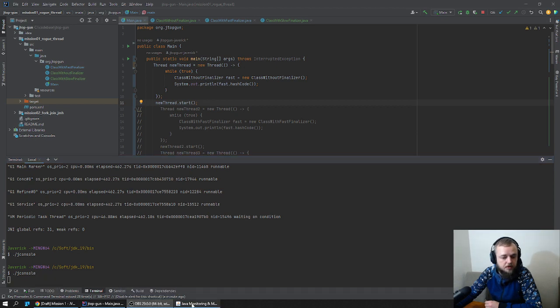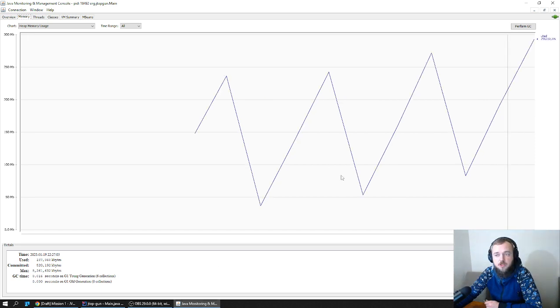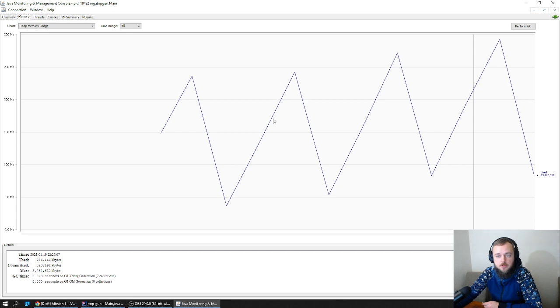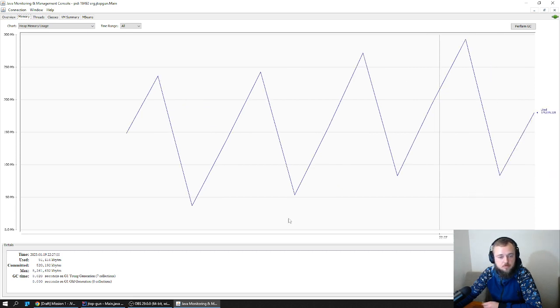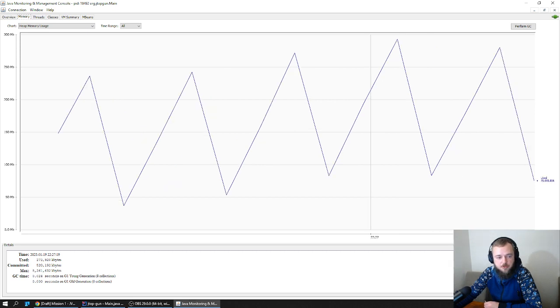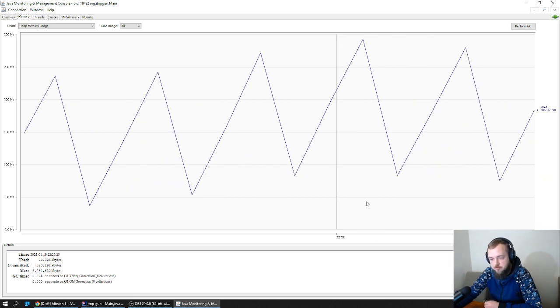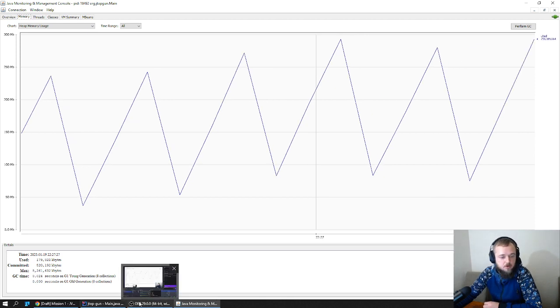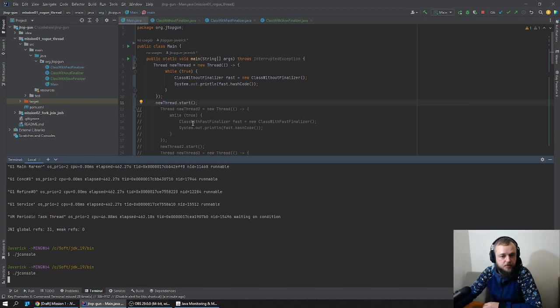And let's see how the heap behaves. It grows significantly and it drops, drops almost to zero. If we follow this graph for quite a long time, we will see that sometimes it's going even close to 0 MB. And now let's see if we add another thread,